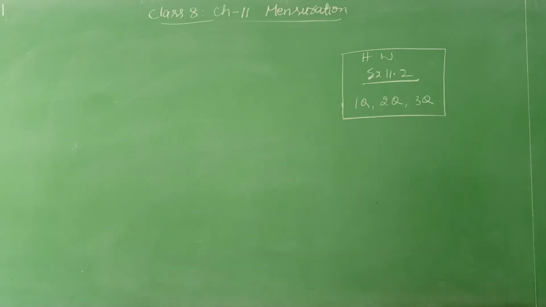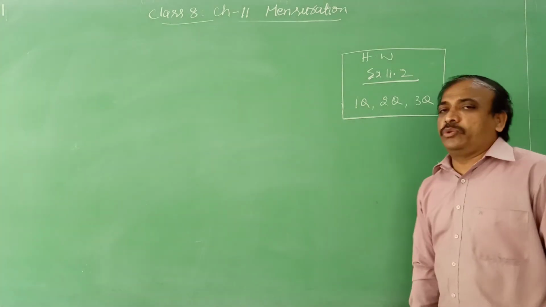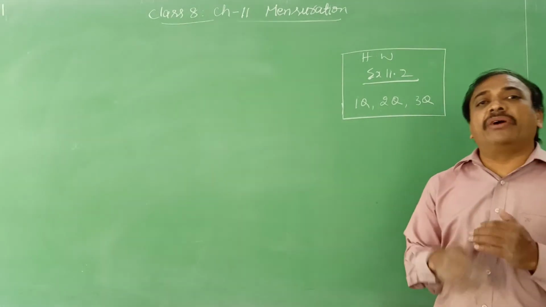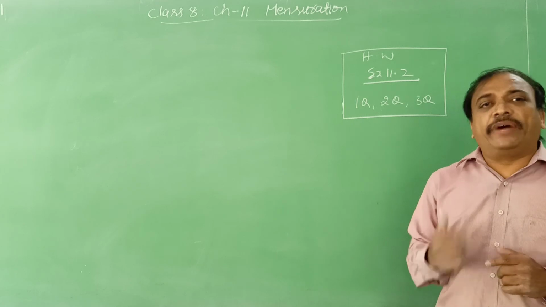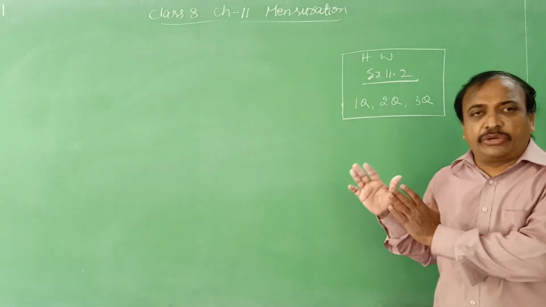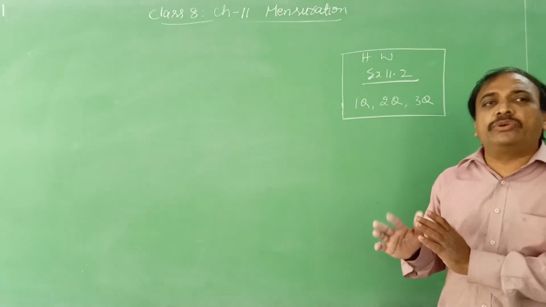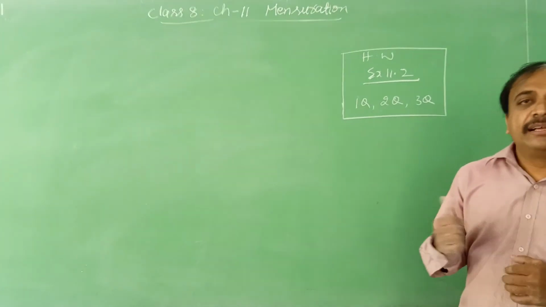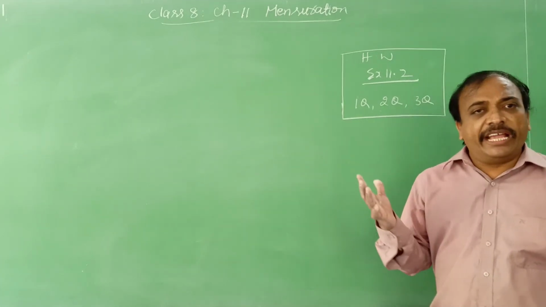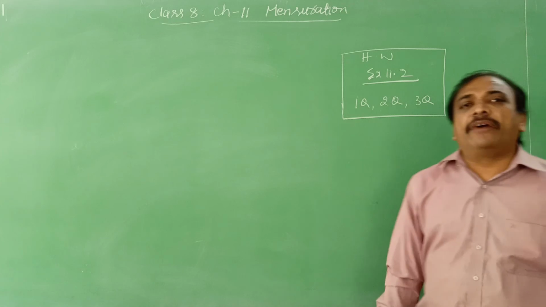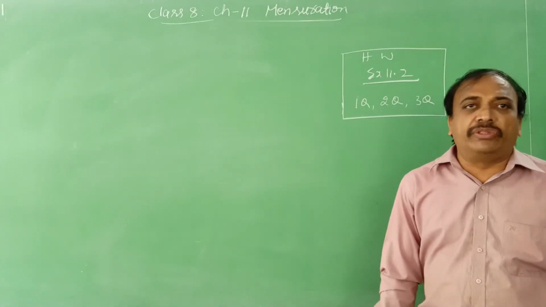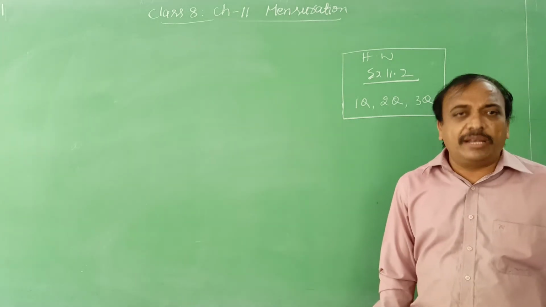Here we have some homework questions from exercise 11.2, question numbers 1, 2 and 3. In question number 2, they have given the area and you need to find one of its parallel sides. In the same way, substitute the given values in the formula, then transposing, you will get the other parallel side. So today we have discussed the area of a trapezium, area of a quadrilateral and area of a rhombus. The leftover we will continue in the next session. I hope you understood. Thank you.